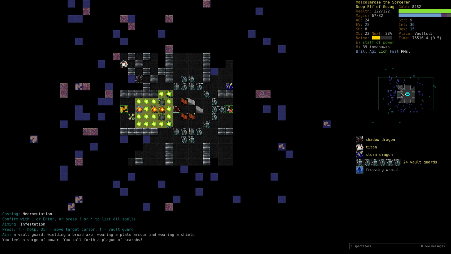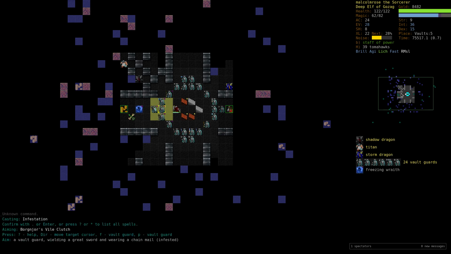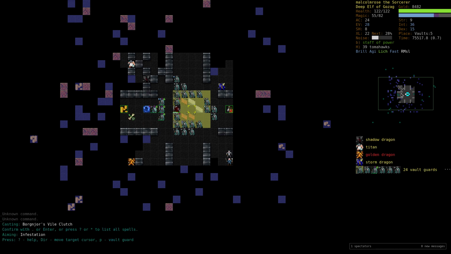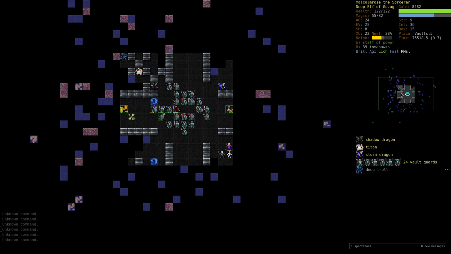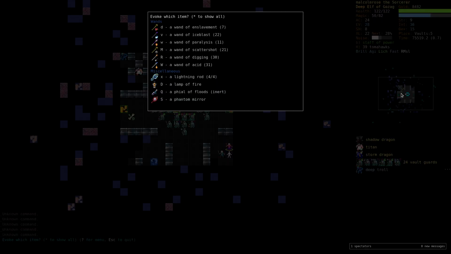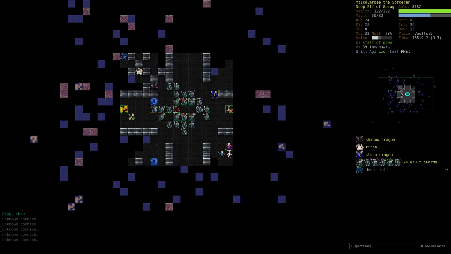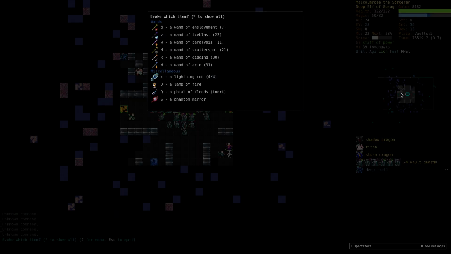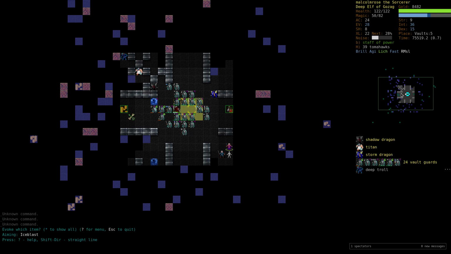We can get all these guys in one. We can get 4 dudes here. We can get all these guys in one. We can get that there. BVC. We're going to have a ton of scarabs if we can pull this off. I'm going to use